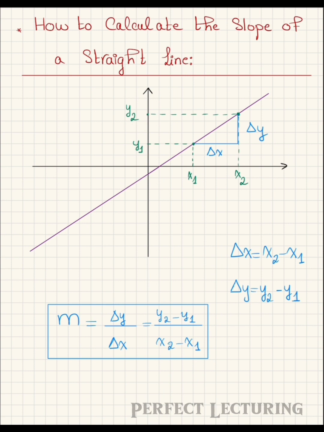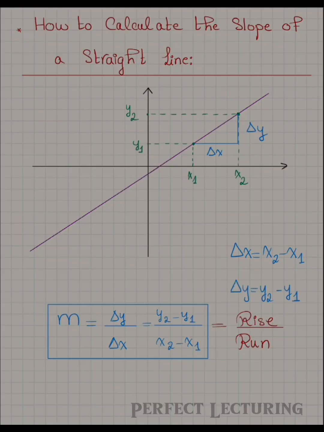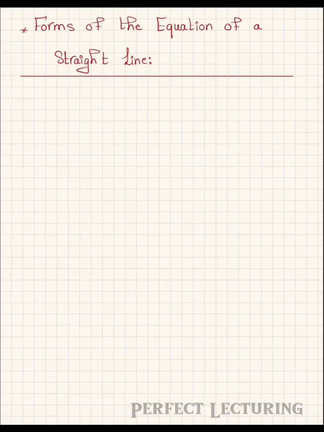We can also think of it as follows. The horizontal change is called the run, and the vertical change is called the rise. Therefore, we can say that the slope is equal to the rise over the run. Now, what about the forms of a linear function, or in other words, the forms of the equation of a